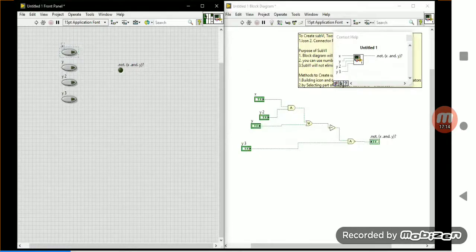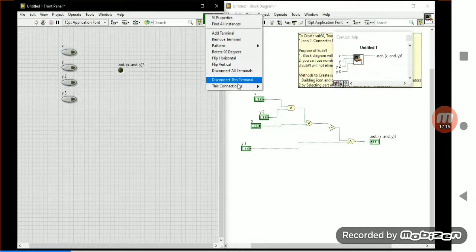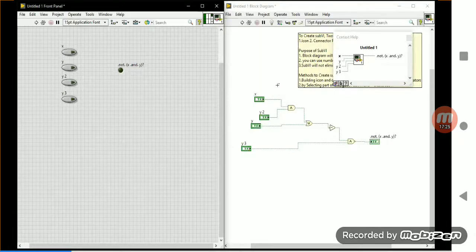By selecting this first terminal, right click, go to This Connection Is, and you have Required available. Go for required terminal. If you make a required terminal, it changes to a dark bold font, which represents the required terminal.